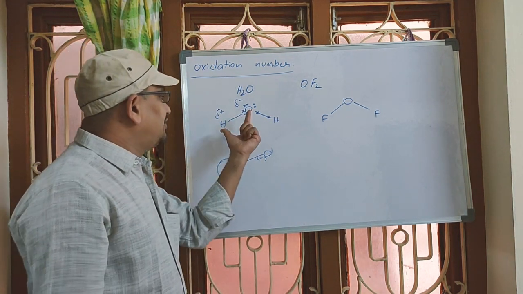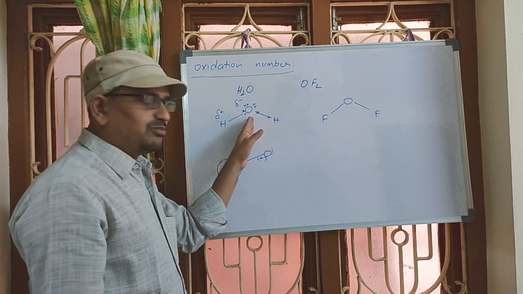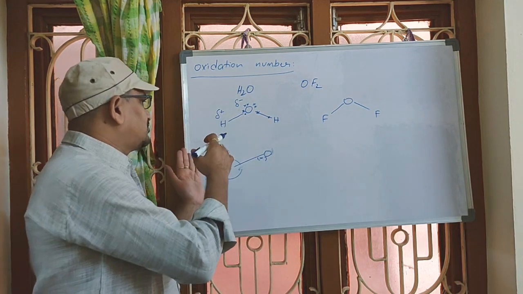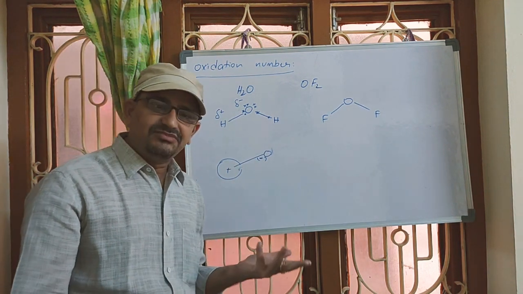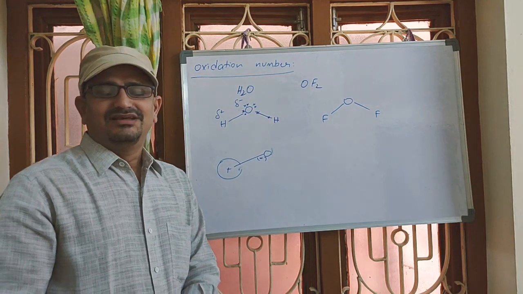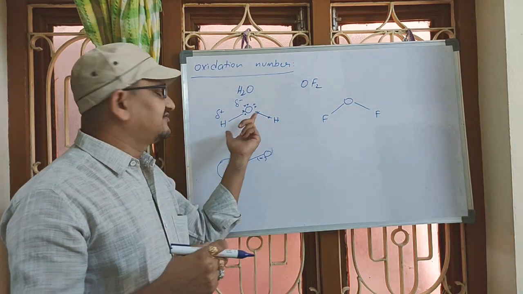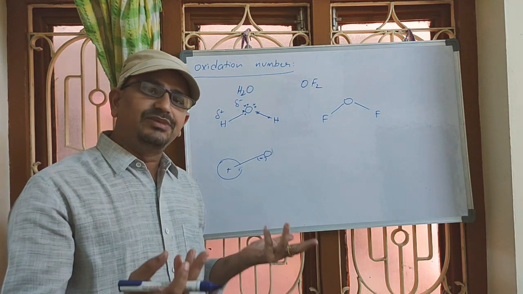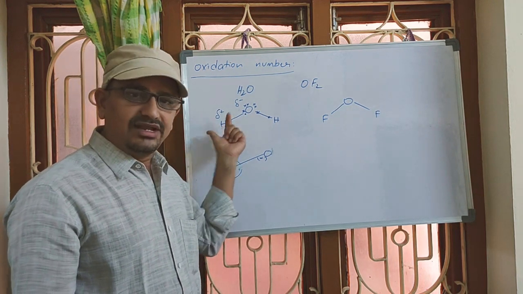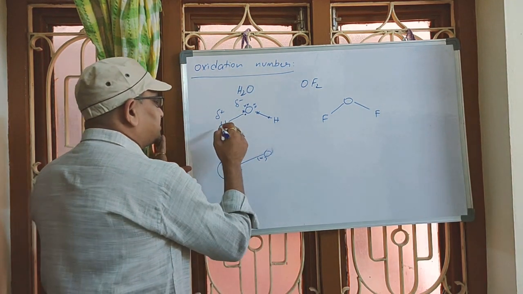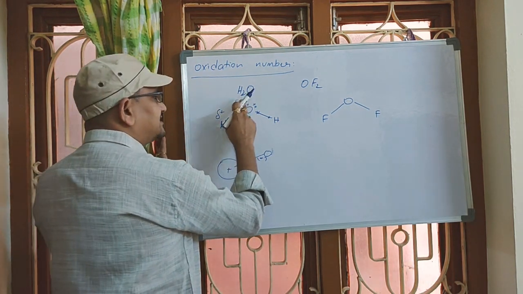In this way, during this bond polarity, this is a positive pole, this is a negative pole. Such formation of a positive pole and a negative pole is called polarity. Understood? And such a molecule is said to be a polar molecule. Whatever molecule can form a positive pole as well as a negative pole by means of this sort of distribution is said to be a polar molecule, and these are called poles, positive pole and negative pole. Now, what's the partial charge on hydrogen? Positive charge. Here it is negative charge.